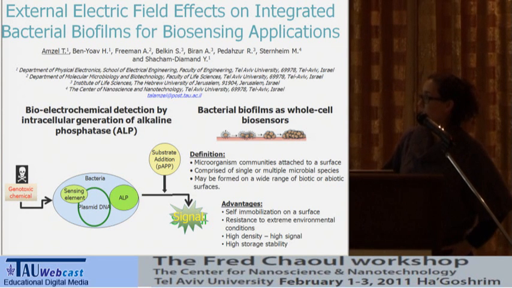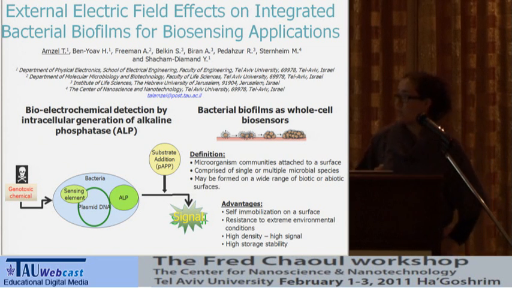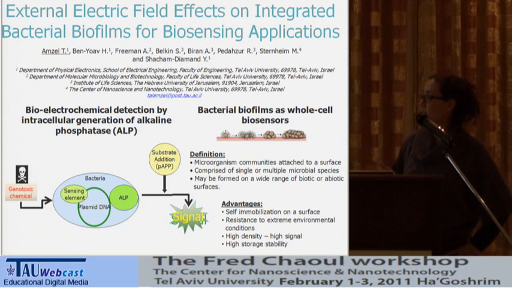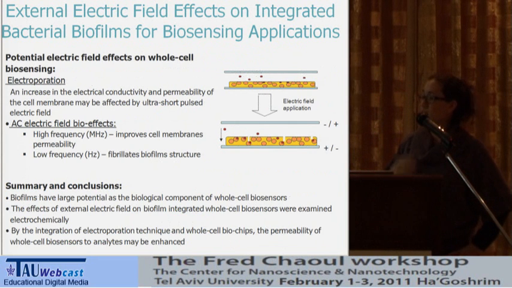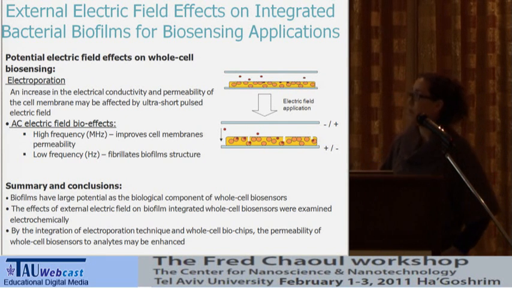The E. coli cells in this case are deposited on a conductive chip and form a biofilm structure, which is a thick film of bacterial cells that attach to the surface and is resistant and stable under harsh conditions. The biofilm's main disadvantage is low permeability, and we try to compensate for this disadvantage by the application of DC and AC electric fields, which are assumed to improve and increase the permeability of the cell membrane and the whole structure,